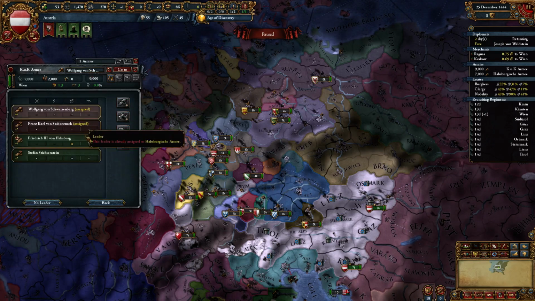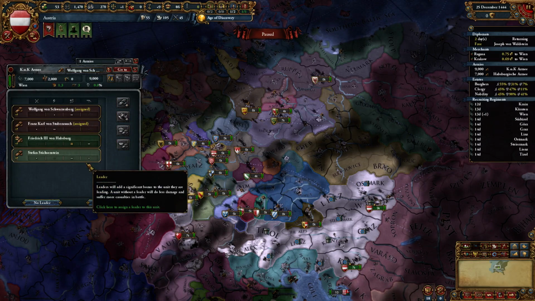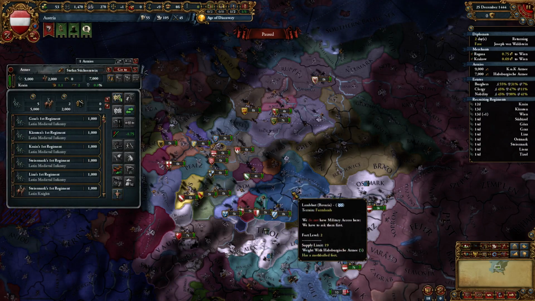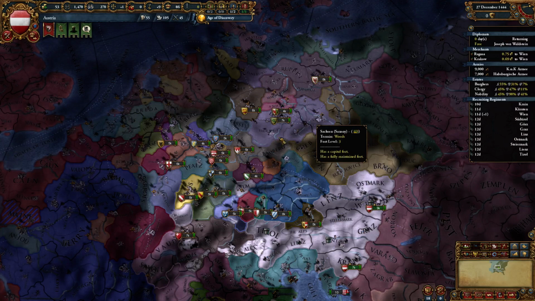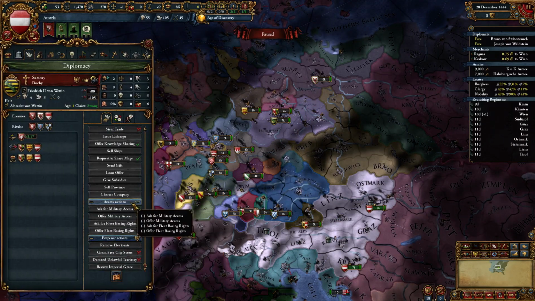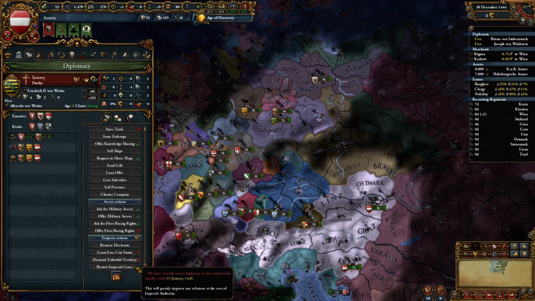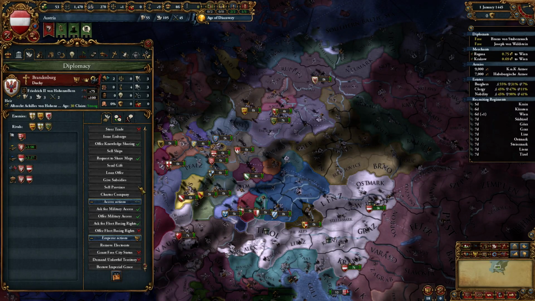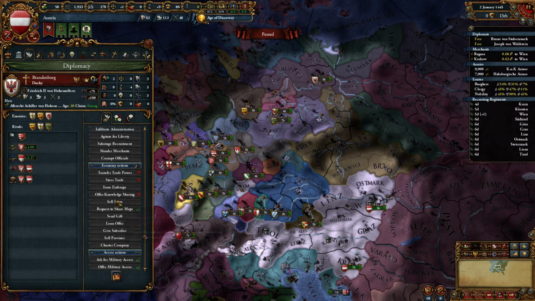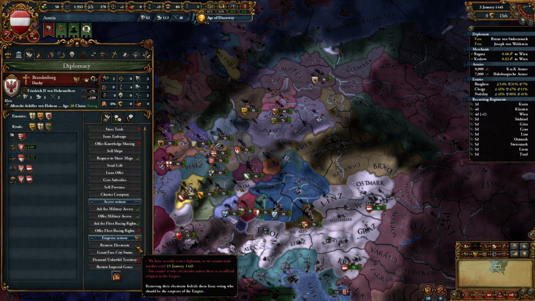Other than the siege ability, which might actually be slightly better than what we have over here. So let's put that guy on. And then we wait until we can send another diplomat. 15th of January. I was one day late starting because when I was switching screens, I accidentally hit the play button and it moved to 12th